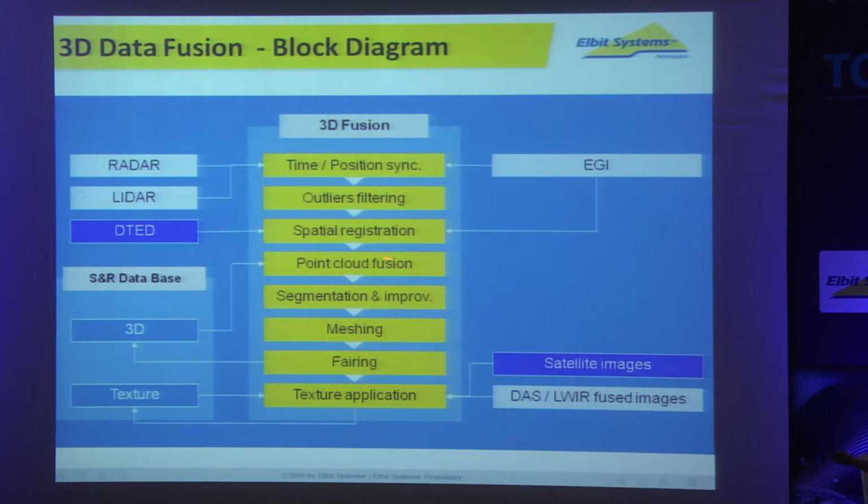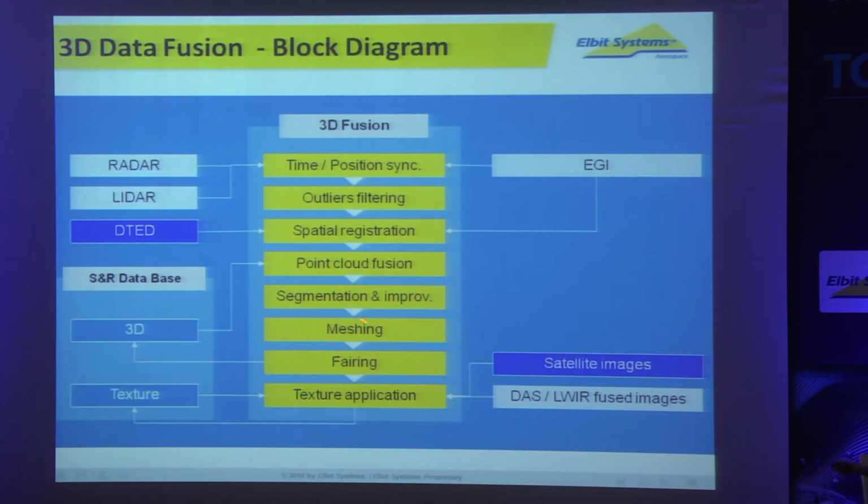And then after this step, all the measurements are in the same coordinate systems, in the same location, so we just have to fuse the different point clouds. And here we fuse the measurements from the current point clouds with previously recorded point clouds. And of course, the fusion is processed according to the figure of merit of every single measurement and its credibility. So after this step, we probably still have a noisy point cloud, and we want to improve it and segment it for morphology detection. So in the next step, we can